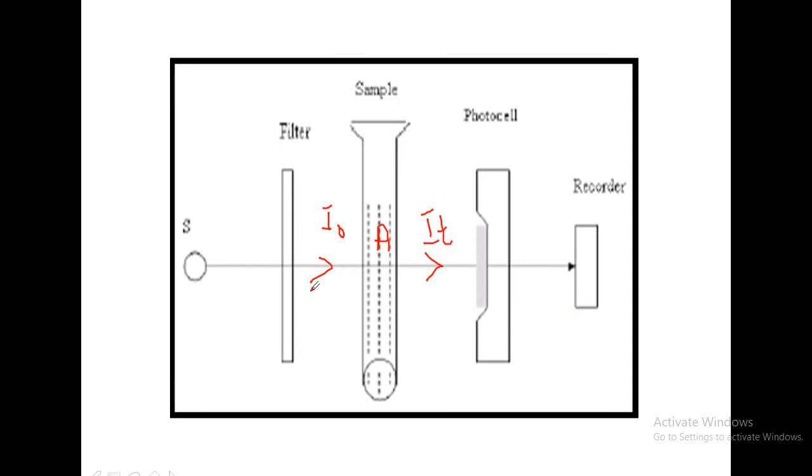So I0 is the incident light, that is monochromatic light. Monochromatic light is passed through an absorbing medium. Some light is getting absorbed, and the amount of light getting absorbed is recorded as absorbance. The remaining light comes out, that is the intensity of the transmitted light, and it is received by the photocell,